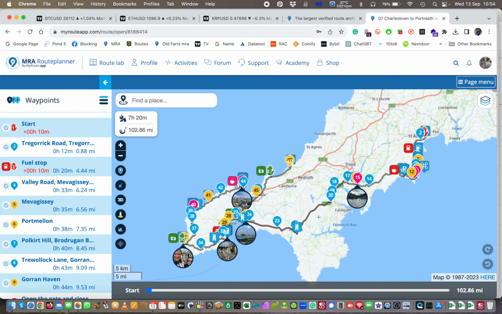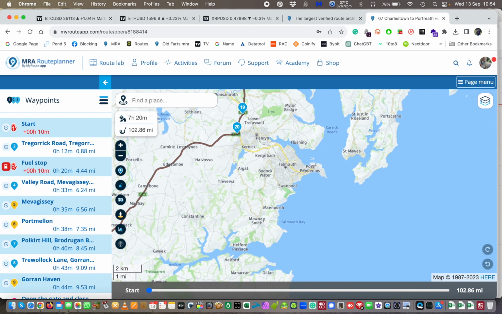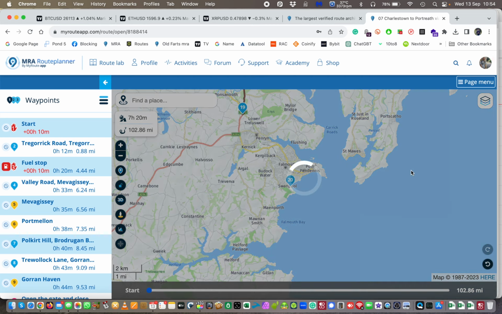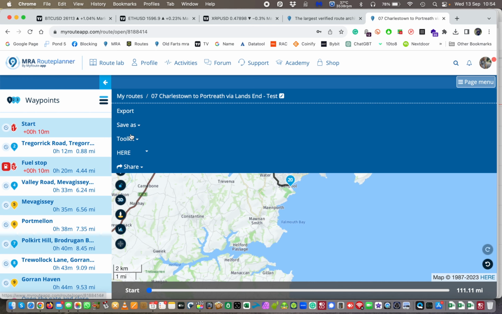But if I want to, I can go and edit this route. So for example, let's say I wanted to bring my route down and go to another place. Let's say I wanted to go to, I don't know, Swanpool. I can always now take this and bring this down to Swanpool, and as with any other route in MyRoute App, it will go and edit it and change it, and you can change it around. And then from there, of course, you can go and click on save as and download it as a GPX file if you so wish,